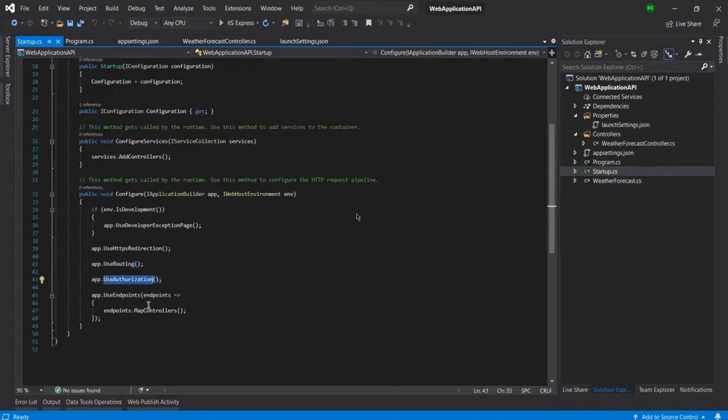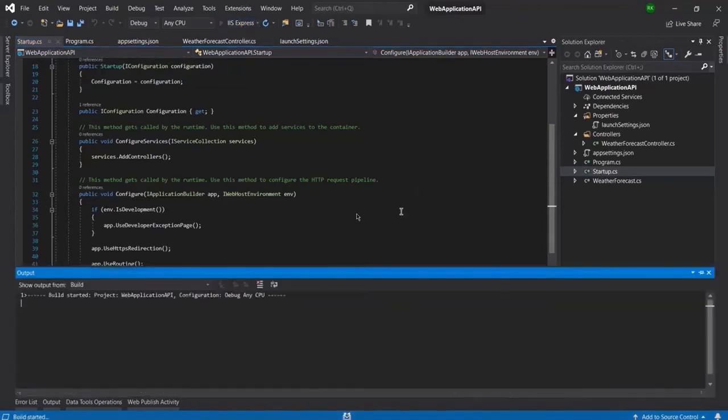UseAuthorization is also being called. At line 47, the endpoint is MapControllers, so the web API will be mapped to the controllers. So let me run this project to get a better understanding.